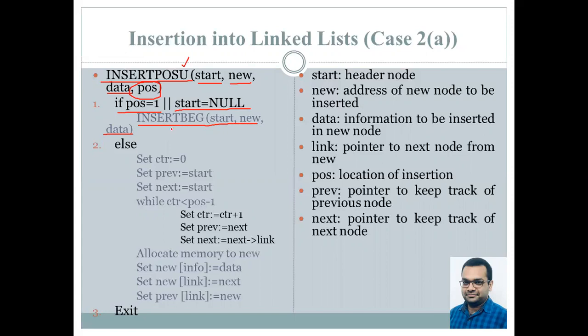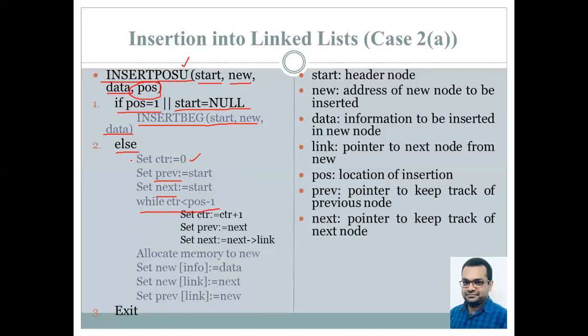If neither of these conditions is met, then the control jumps to the else part. Over here, we have initialized a counter variable that will be initially set to 0, and we have made use of two pointers, previous and next. Previous and next will be two pointers which will enable us to insert a new node into the linked list. They will be pointing to the nodes in such a manner that previous will be holding the address of the node before the new node to be inserted, and next will be the node that will be holding the address of the node that needs to be shifted henceforth. And we are going to repeatedly check the value of the counter.